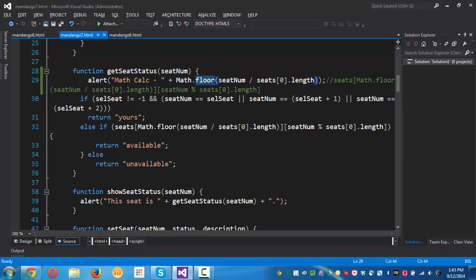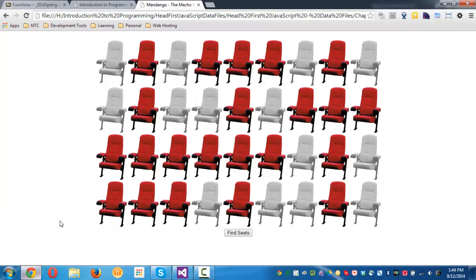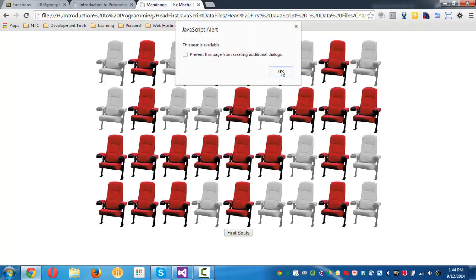Okay, then after that, we've got this one. Let me pop this one into my math calc alert there. So whatever seat number we're passing to it, we're doing modulo, which says divide this, but give me just the remainder, the remainder of seat 0 length. So let me show you how this works. So 1, 5, 7,